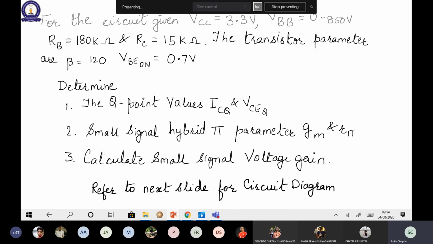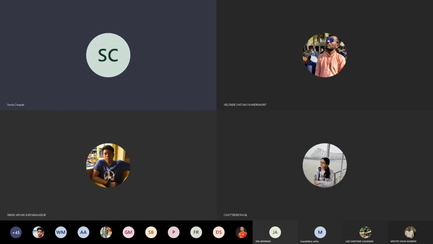So this is some problem for you to practice here. If you go back to your homework module, there it will show. I'll stop sharing this and I expect you all to work on it.